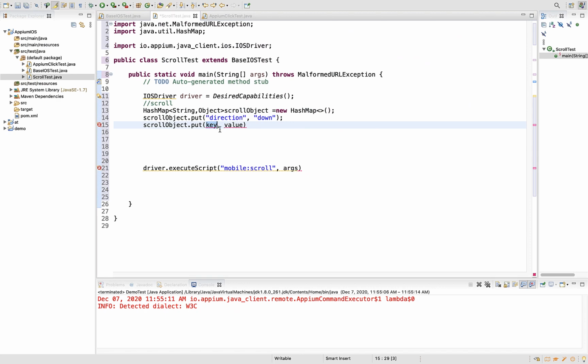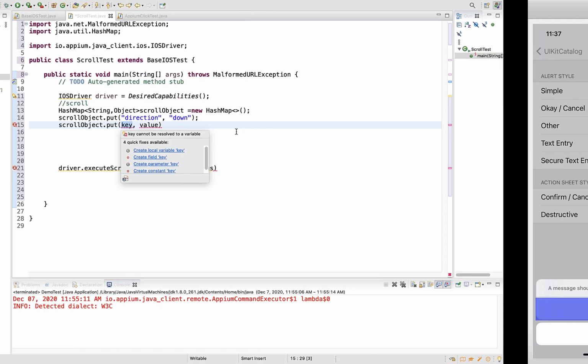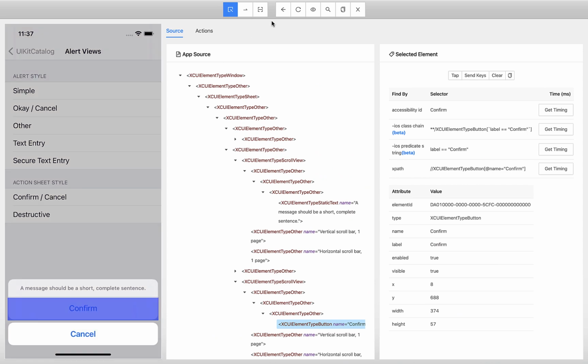So how do we give that information here? Basically, if you want to scroll until Web View, you can